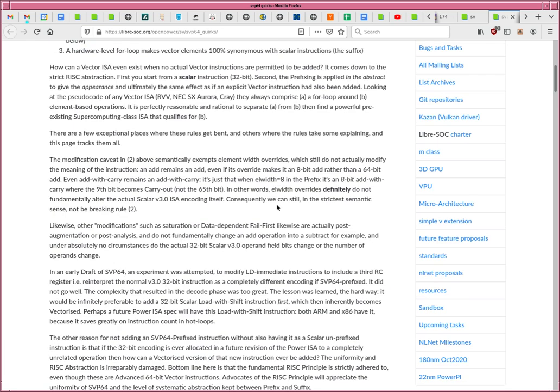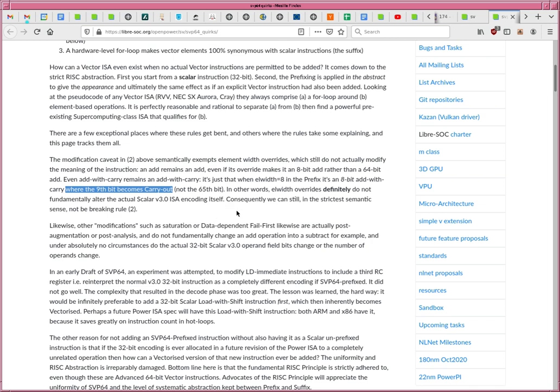For example, when you set element width equals 8, then an add with carry becomes an 8-bit add with carry, producing a 9th bit carry out, not a 65th bit. So it doesn't change the actual scalar encoding of the add with carry instruction, but it semantically changes the meaning. The element width override changes semantically the meaning, but everything else